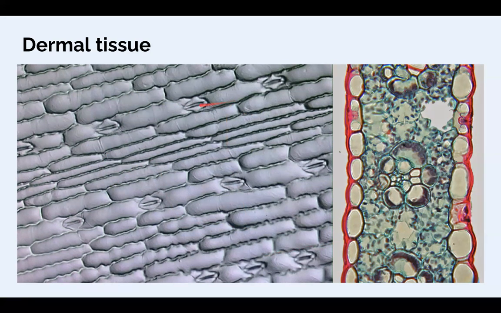You can see the cells sometimes take on an elongated shape like this. And then at regular intervals in there are these stomata. So stomata are an important component of the dermal system. They're there to let air in and out, and also they can close to prevent water from being lost if that's a danger for the plant. So stomata, cells packed together, and then outside of those cells is this, what's been stained on this right image